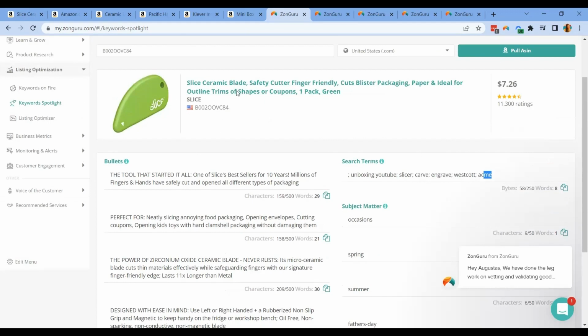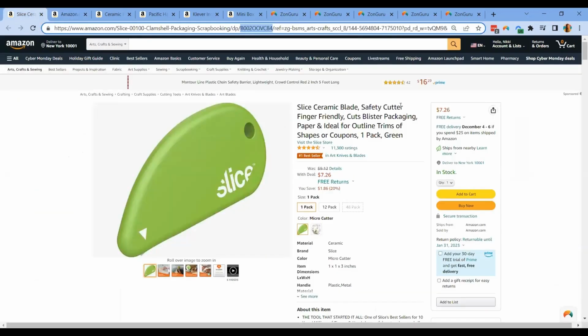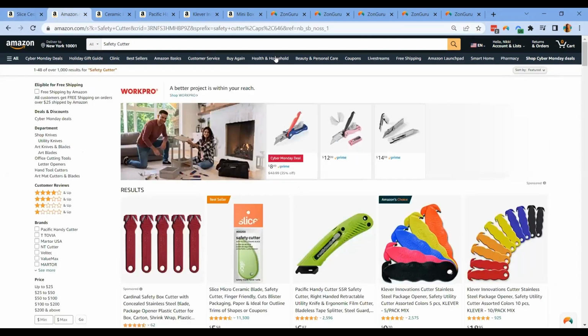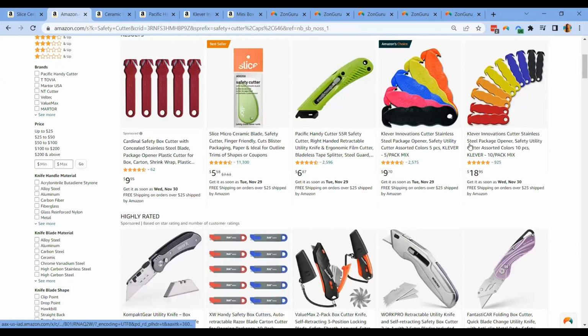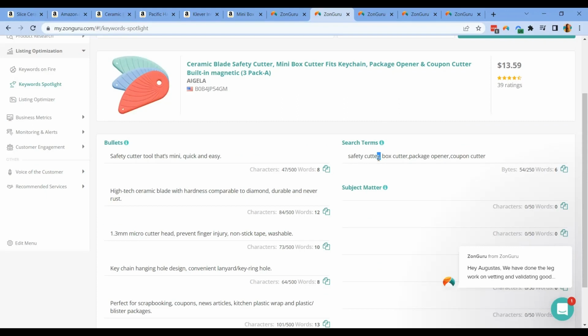Now, I did the same by looking at my competitors. For example, I took the safety cutter keyword and I copied it here and chose those keywords that are likely to be my main competitors. So I chose 4 here, copied the ASINs, and was able to see what are the search terms that they are using. So they are using safety cutter, and they are still using a comma, which is not necessary.